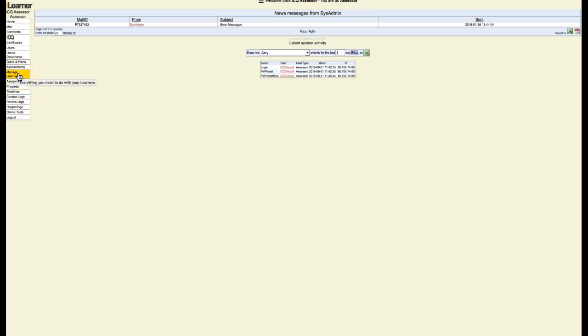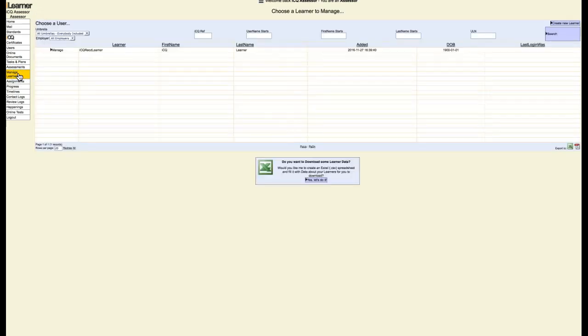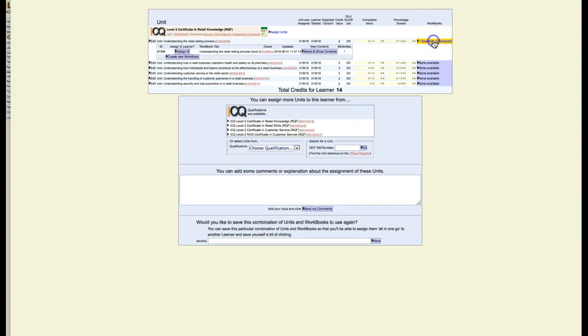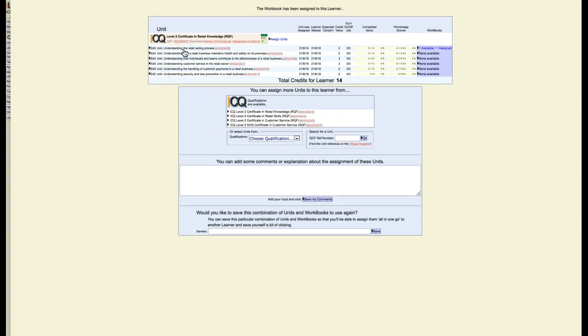First, after you've logged in, hit the Manage Learners button. Select the learner that you would like to manage, and where you've set up an activity or a workbook, you will see the fact that there is one workbook available and this hasn't yet been assigned. Click the link, hit the Assign It button, and now you can see one workbook is available and one workbook